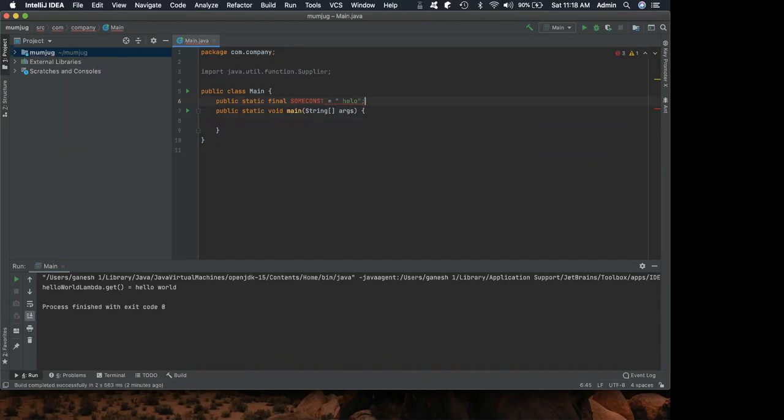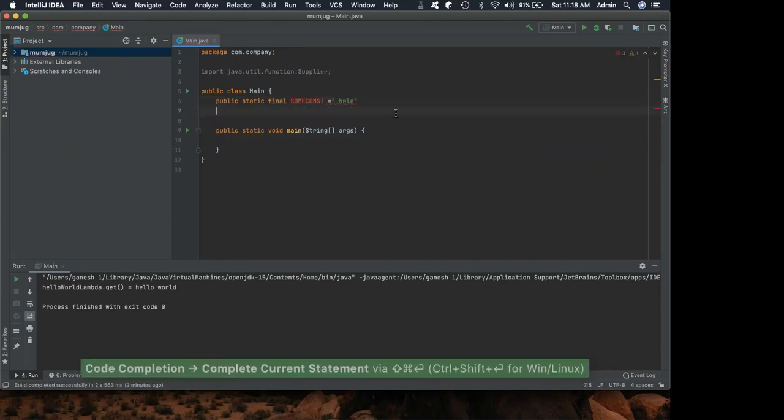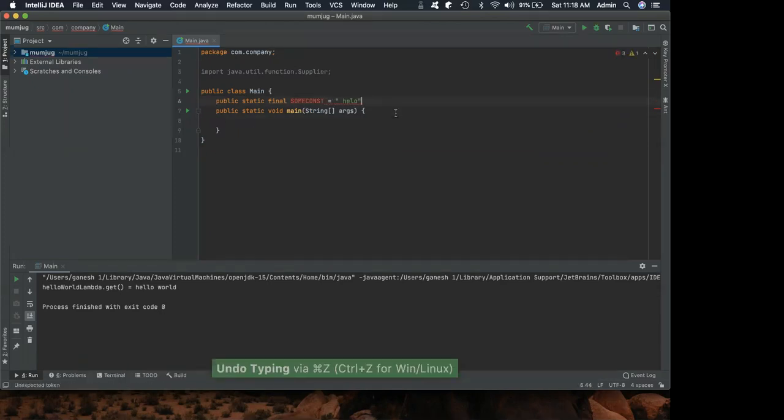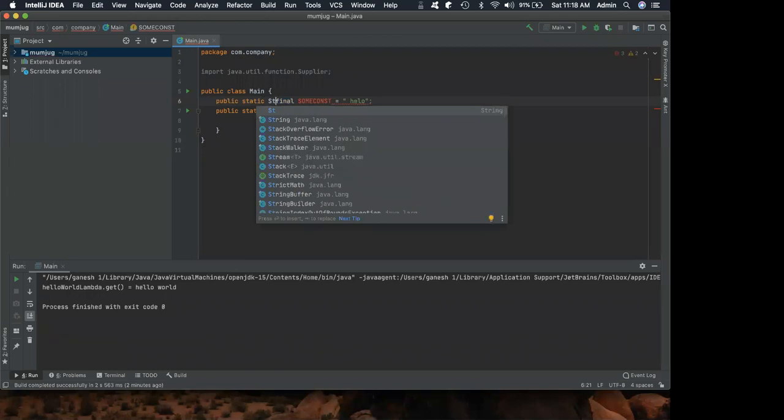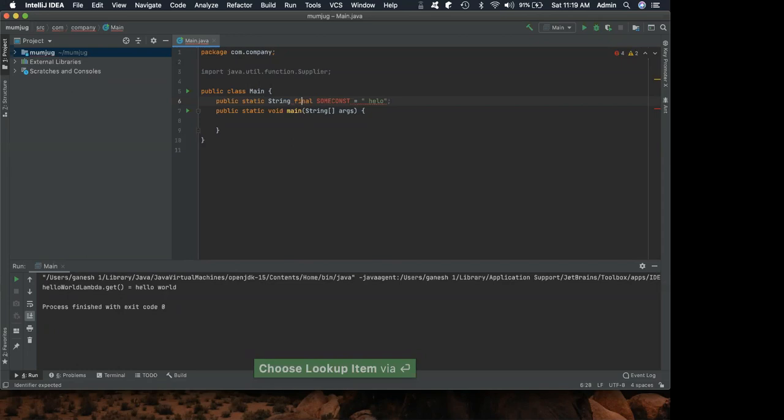And this is not proper because it's not proper because I missed the string here. So I can type just st, not the string, to get my string in place, right?